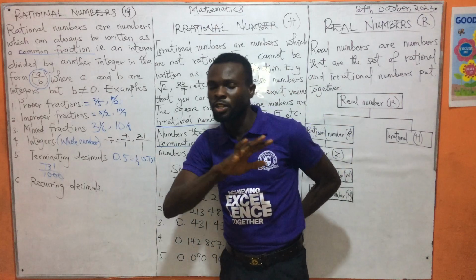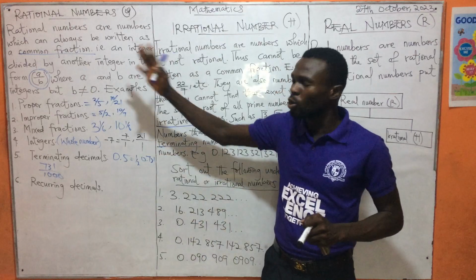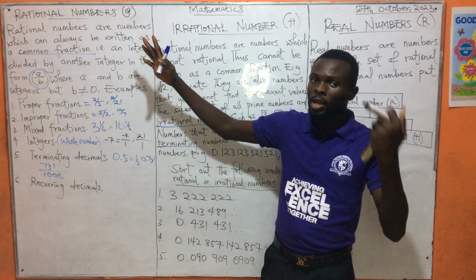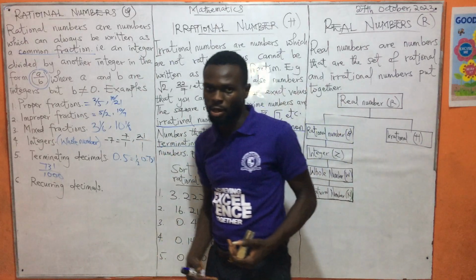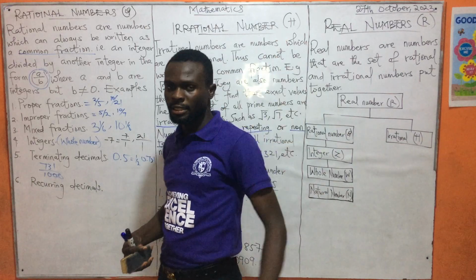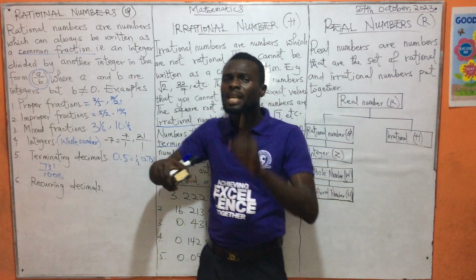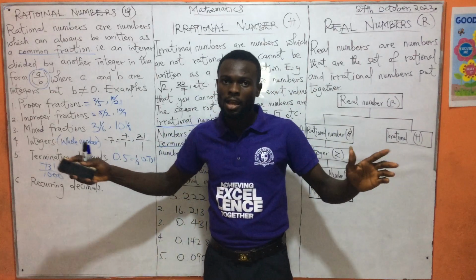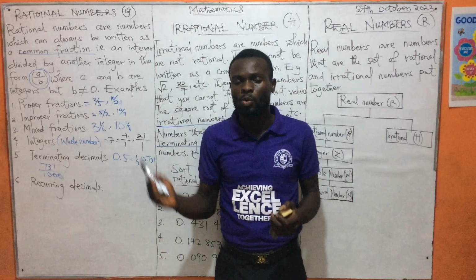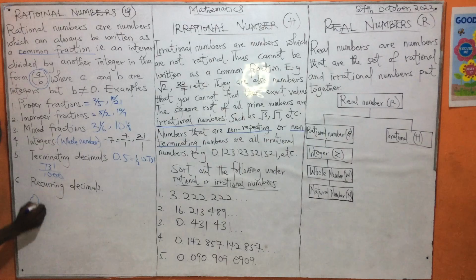Good. It's very simple to differentiate between a rational number and an irrational number based on the definition we are discovering. Then we have the recurring decimals, or repeating decimals. Now, recurring decimals are decimals whose numbers after the decimal point repeat themselves in order forever. It is in a certain pattern or a certain sequence. It repeats itself. So if I take a decimal like 0.3, or let's say